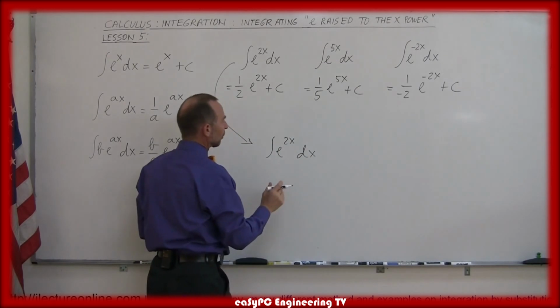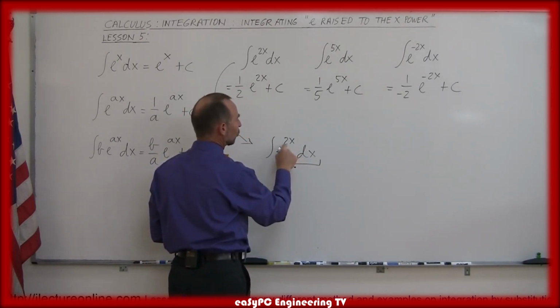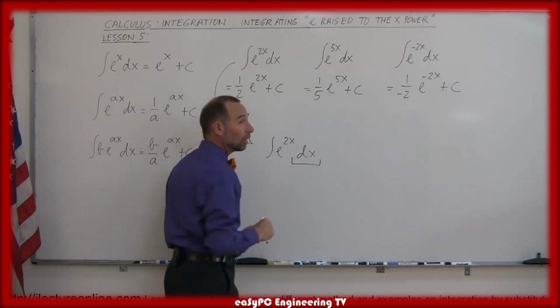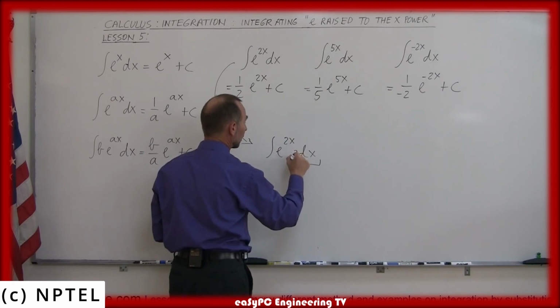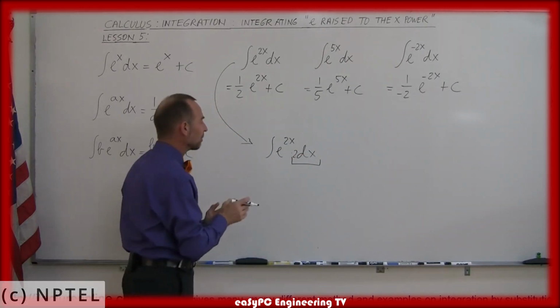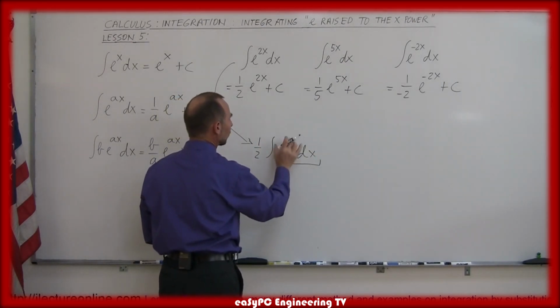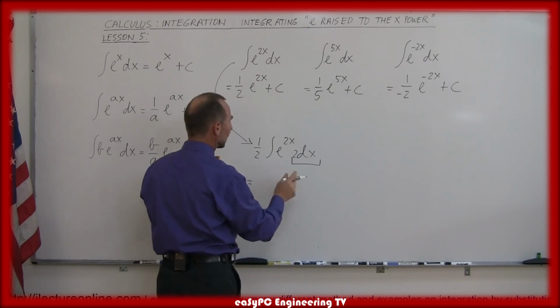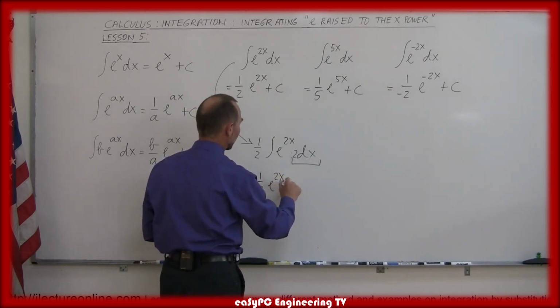Well, to integrate that, we have to have the proper differential. And the differential of 2x is 2 dx, and we're missing a 2 there. So what we want to do is we want to multiply this times 2. But of course, if we multiply times 2 to keep everything the same, we also have to divide by 2. So we go 1 over 2. And this is the differential of e to the 2x. And so therefore, when we integrate and the differential drops out, we get 1/2 e to the 2x plus a